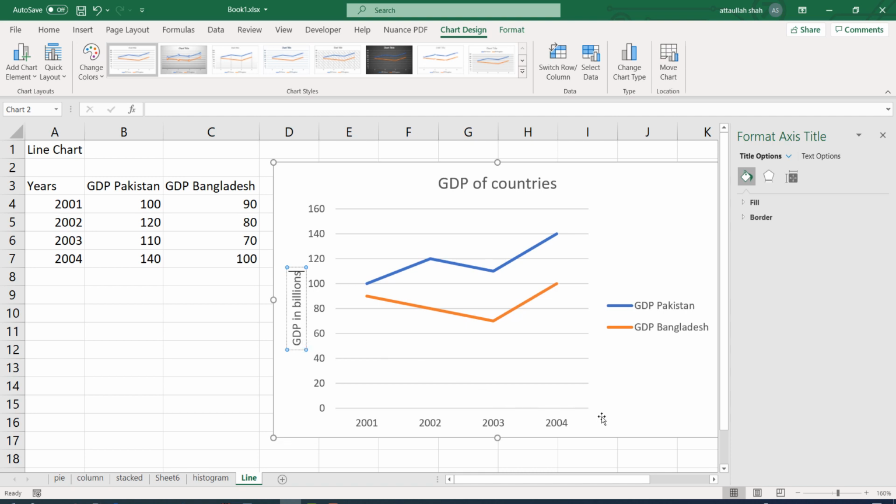Whatever, now we have the chart ready. I would like you to have some practice and then we can move forward. Thank you.